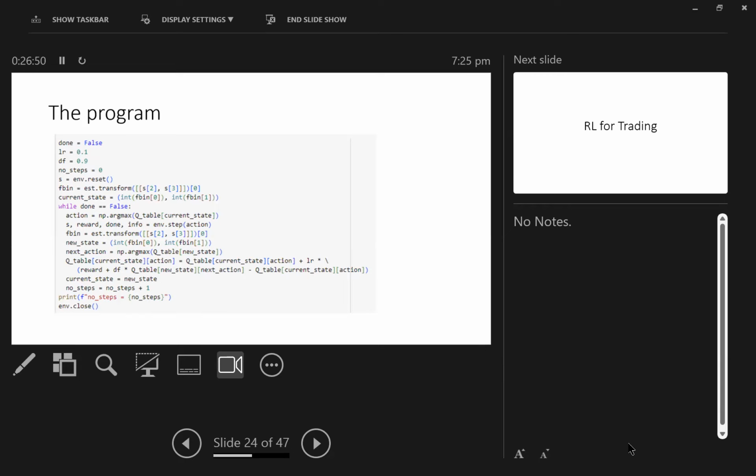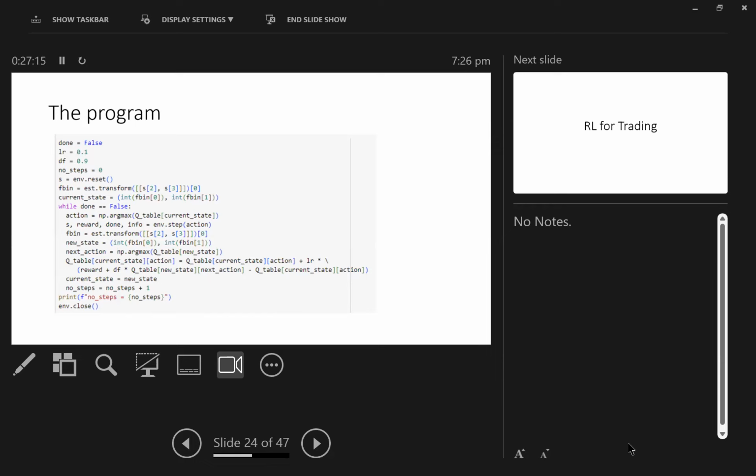This will give us the new state after the reset. But remember, the state contains 4 numbers. The first 2 numbers correspond to the cart, and the last 2 correspond to the pole. We are only interested in the pole, which is the last 2. So state 2 and state 3 will be the